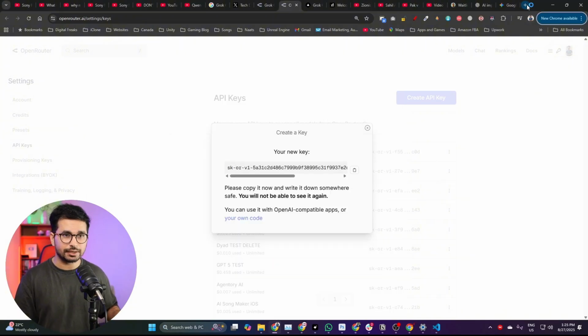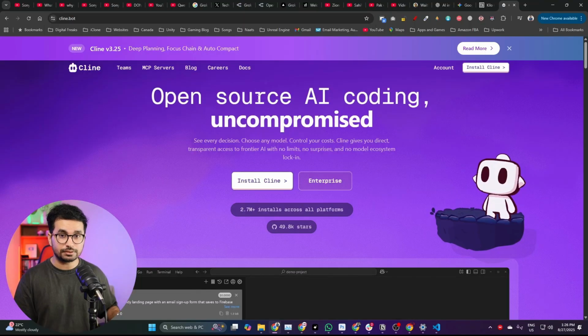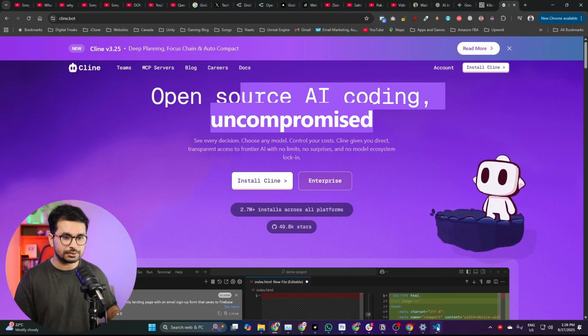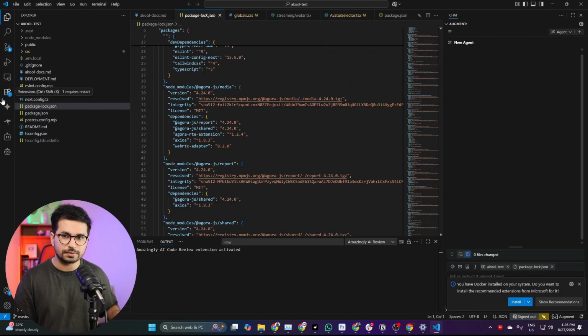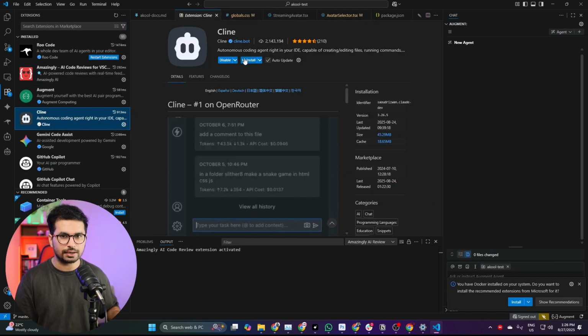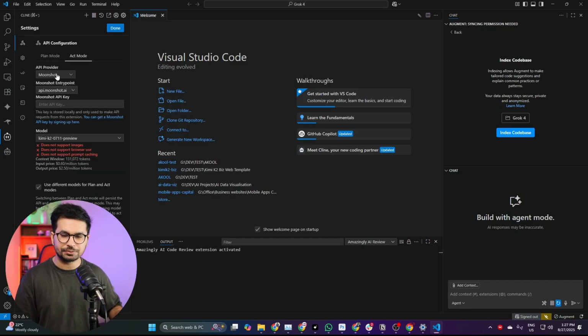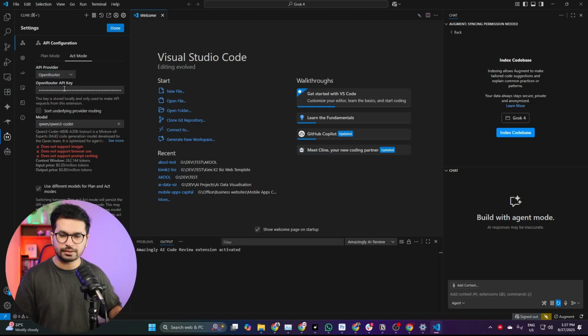You can use any other AI code editor, something like Cline or maybe Roo Code, but for this video we're going to use Qwen. So make sure that you have VS Code installed, and after that go to the extension section, and from here make sure that you have installed Qwen. So I have just opened an empty folder, and in here you can see I have just opened Qwen as well. Now you need to provide that API key from OpenRouter in here inside this API provider. So just look for OpenRouter. Here it is. Simply click on that, and after that you can see my API key is already configured